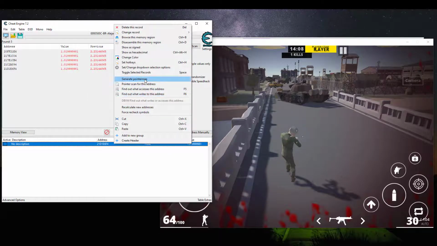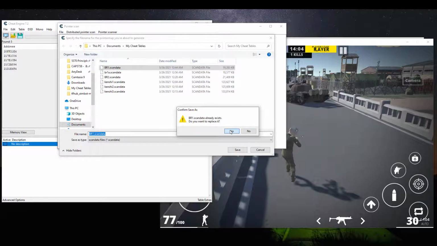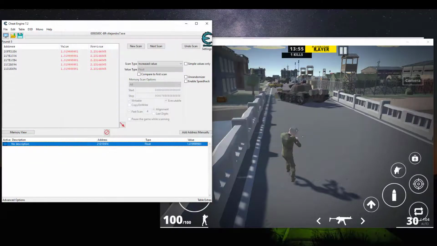Now I have the value, but the next time the game loads, that address will not be used. Therefore, I need to find what points to this value. I proceed to generate a pointer map. These are all the addresses that point to this value. There are thousands. I exit the game and repeat the process to find the address for the y-axis in the